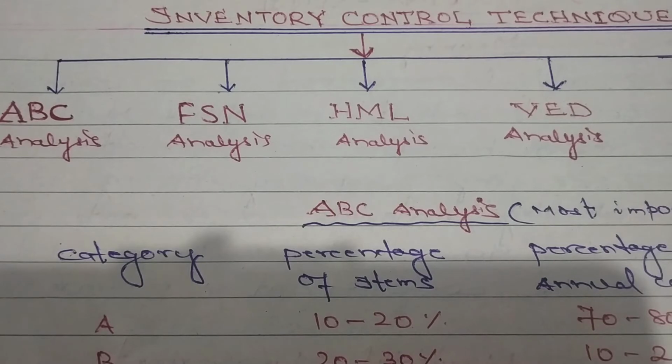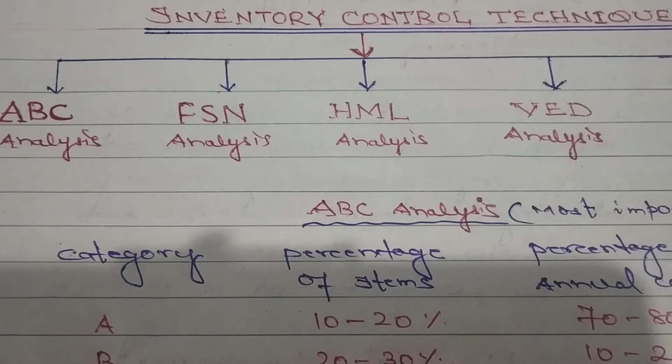The second one is, if you don't control your inventory, you will have overstock. Overstock means your carrying cost will be very high. You have to keep the stock in a large way, maintain it, put in more manpower, and incur huge space cost. These are the inventory carrying costs. The chances of damage and pilferage are also very high.